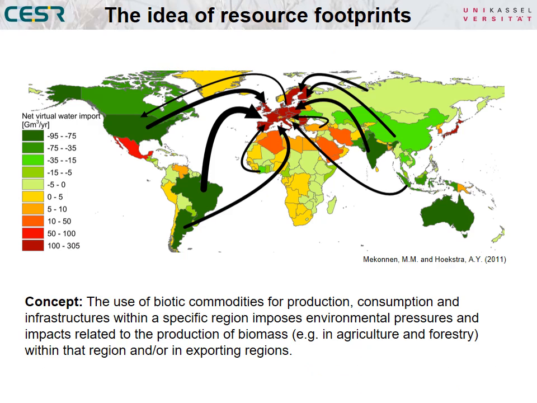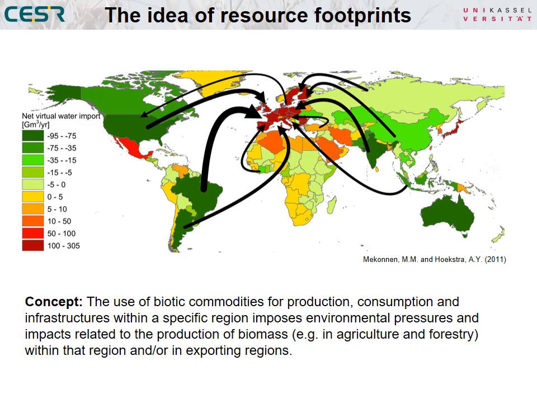But let's start with the idea of footprints. So what are resource footprints? So here I try to delineate the concept. Here it's the use of biotic commodities for production, consumption, and infrastructures within a specific region imposes environmental pressures and impacts related to the production of this biomass, for example, in agricultural and forestry systems. And this either within the region where it is consumed or in regions that export this biomass to the region